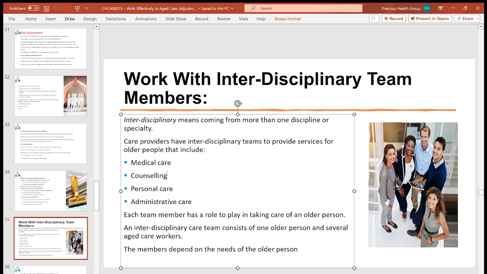Some care providers have interdisciplinary teams to provide services for other people. Such services include medical care, counseling care, personal care, administrative care, to mention but a few. Each team member has their own role to take, and an interdisciplinary team can consist of one older person and several aged care workers. The members depend on the needs of course of that party